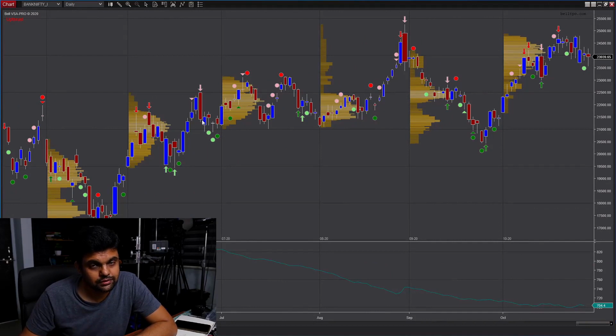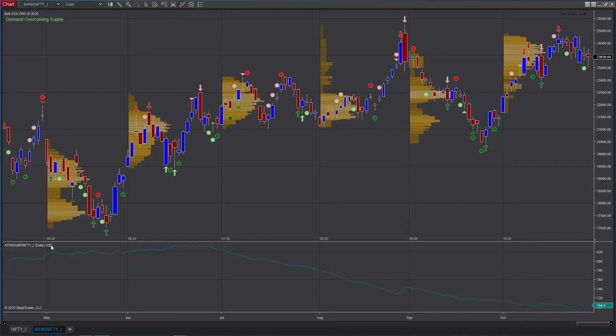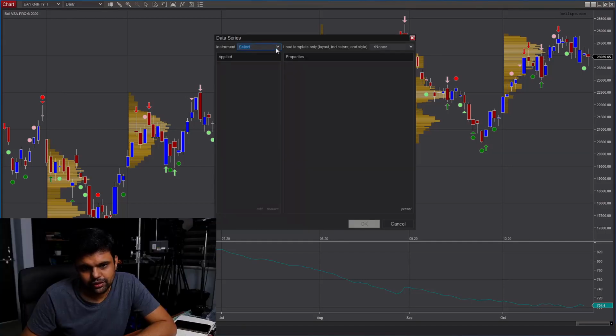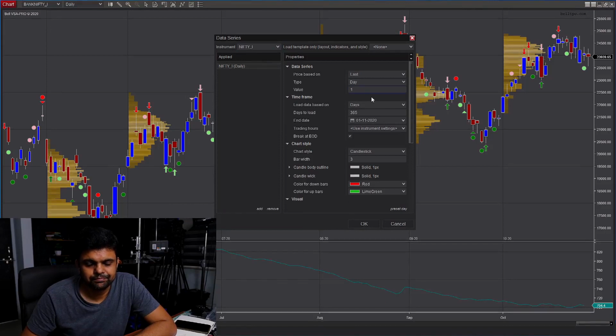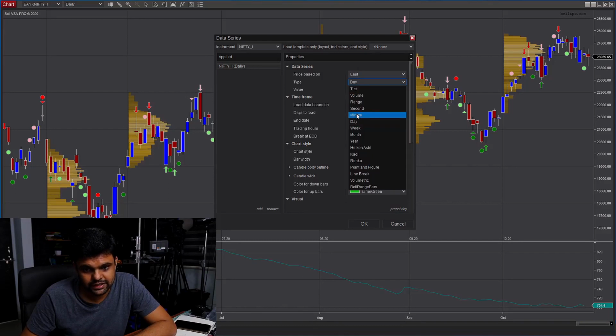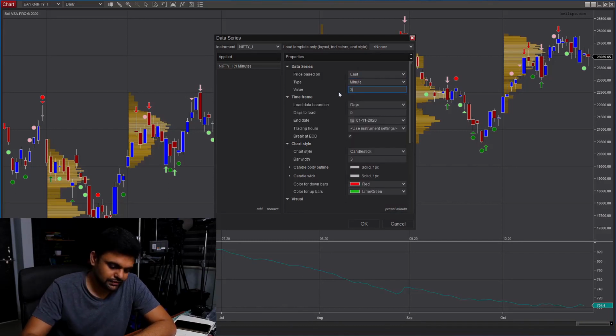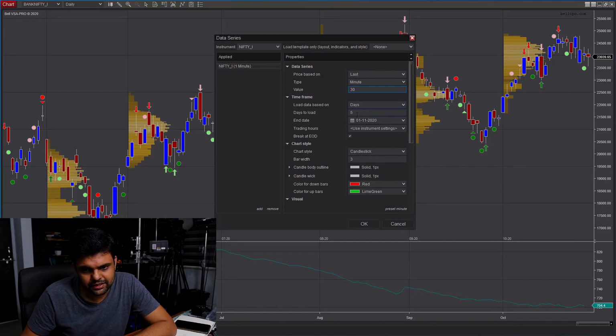Now let us go to the market profile charts. Come down to the bottom left corner and click on this add new tab. You have to again select Nifty, but now we want to plot the market profile charts, and market profile charts are plotted on a 30-minute chart. So instead of day I will select minute, instead of 1 I will select 30. Same thing for the number of days, I will select here 50. Instead of just 5 days of intraday data, I want 50 days of intraday data.